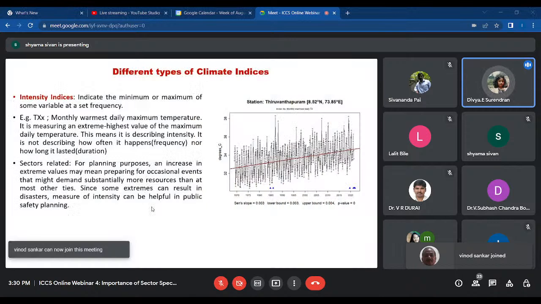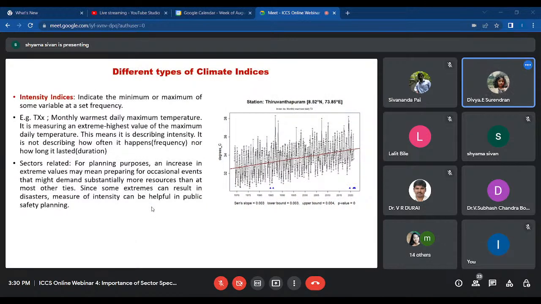This particular index we can use for planning purposes, like how much the highest value of maximum temperature is increasing. It is helpful for the electricity or energy sector, to regulate the power consumption, and to know how much more electricity is needed for the coming years, if this trend